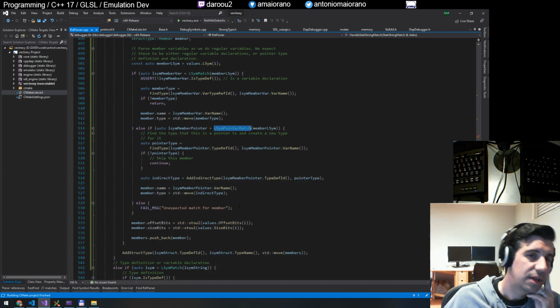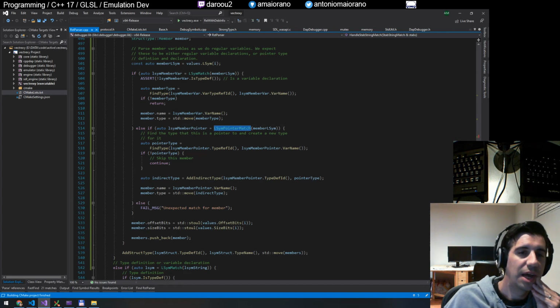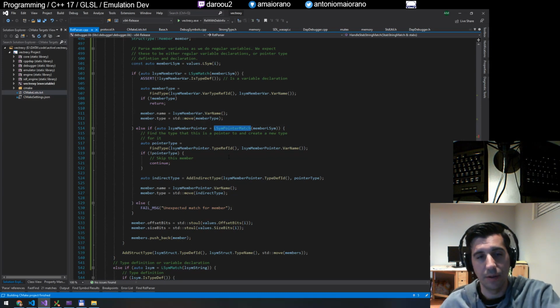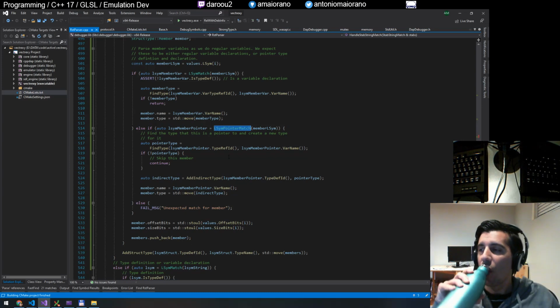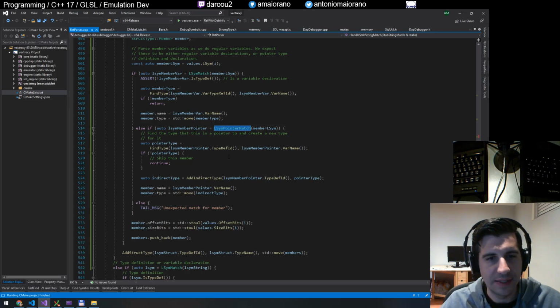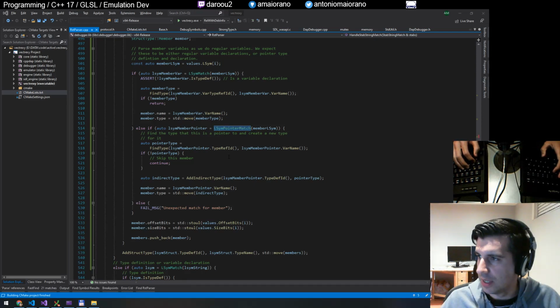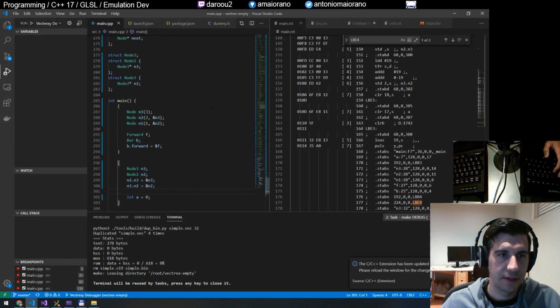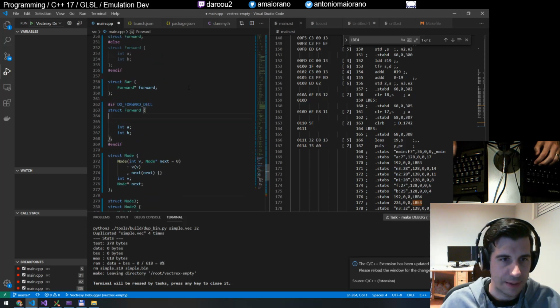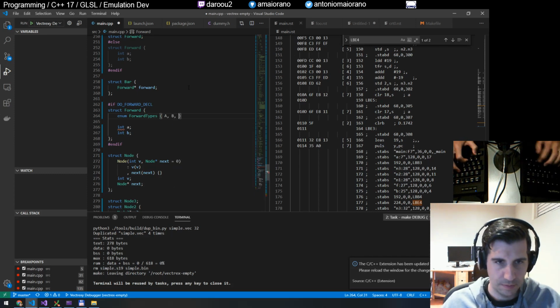and in fact, it makes me wonder, actually I haven't tried if a member is itself an enum. Do I need to do something special there? Probably. Maybe not. I think if you declare an enum in a class, the debug info shows it to be outside the class. Like for example, if I did enum something like this,